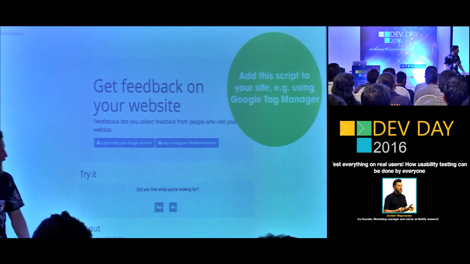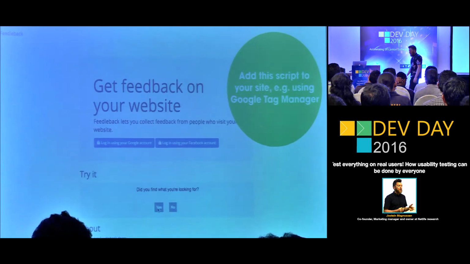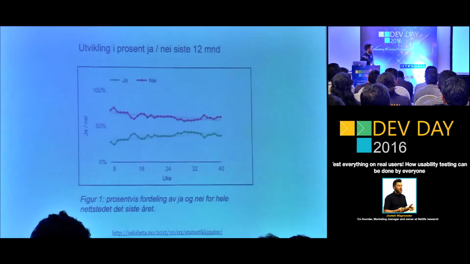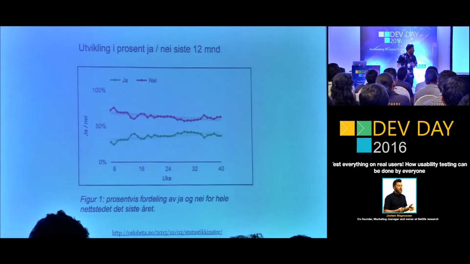You just embed a script in the code, and this box comes up, and then you can analyze afterwards which pages actually work and which pages don't answer what the user came for,